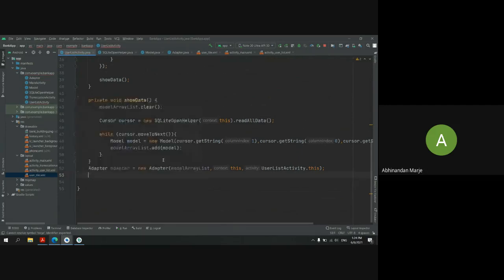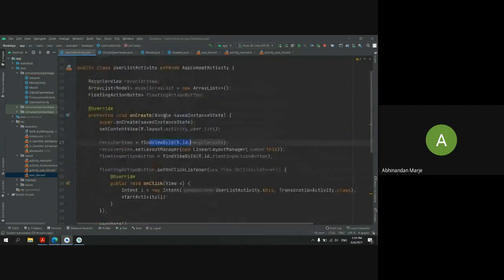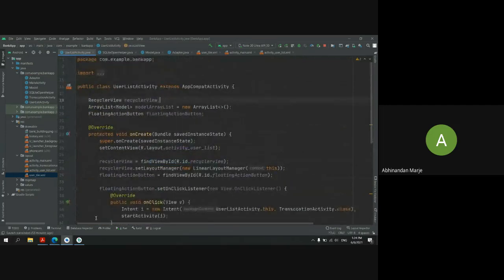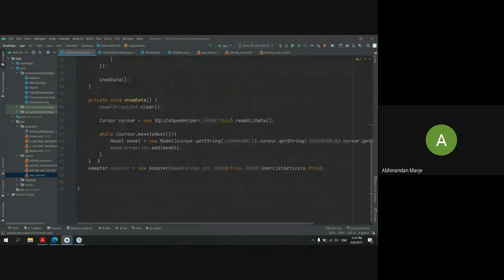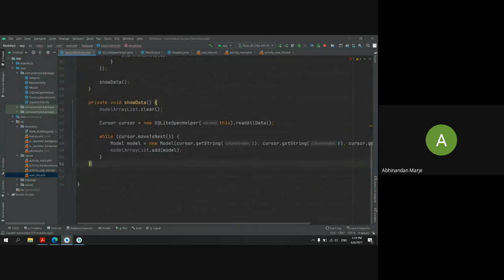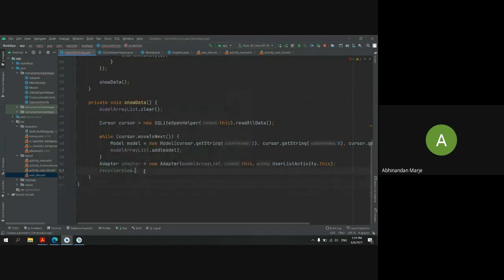Take that inside this curly bracket, not the last one.